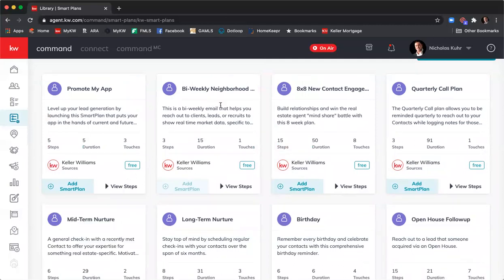The next smart plan is the bi-weekly neighborhood nurture. And this is going to send neighborhood updates to your contacts every 2 weeks. So when you go through and you add an address, a physical mailing address for your contact, or you assign them a neighborhood in Command, they will be able to get information and updates on current listings, what's under contract, what's closed, what's the average cost per square foot, days on market, all that information that they would be interested in